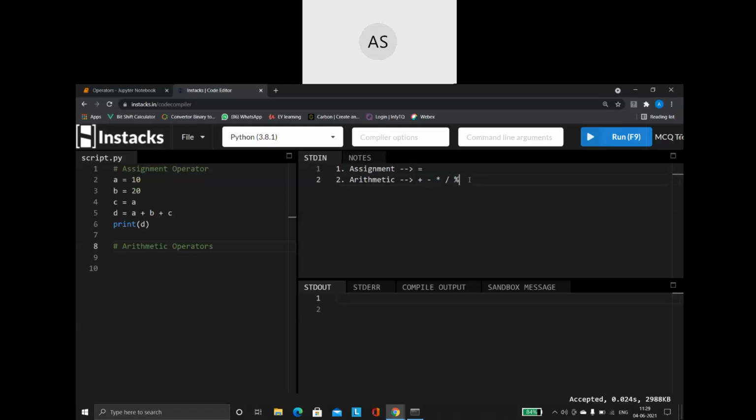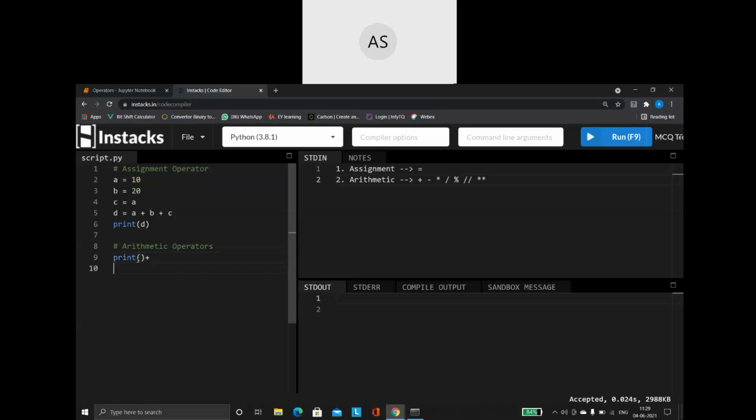So apart from this, what additional arithmetic operators does Python support? Remember, Python has something called a floor division. That is two slash symbols I will be using. This is called a floor division. And of course, I have the exponent, that is power of. So together, arithmetic operators in Python means I have 7 arithmetic operators. Super. Now let us try to understand these operators.